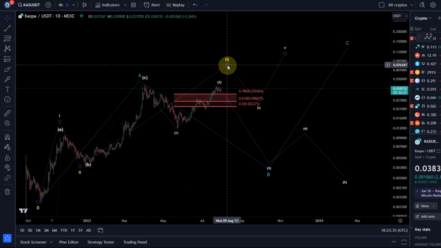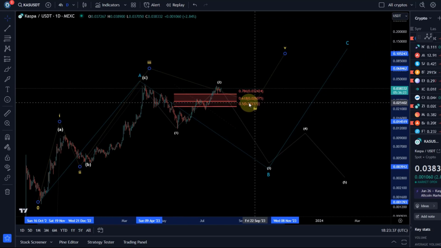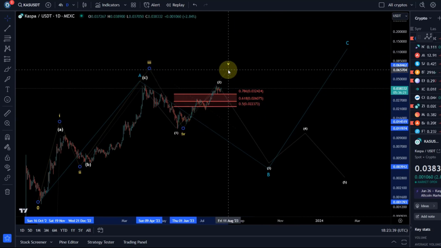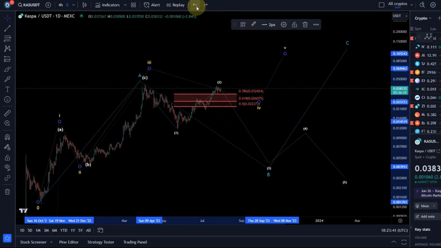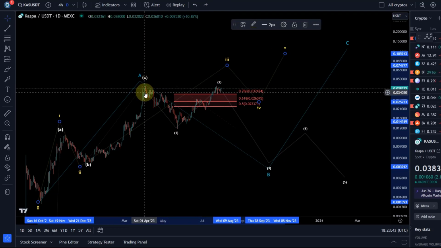Nevertheless, either way, if this is the count, or the one I just showed you, it really still won't give you a clear edge until you get a 5-wave move to the upside, because only if you get the 5 waves up, which are clear, and you get the first decent retracement on this chart, only then you have the first really interesting trade setup. At the moment, to be honest, reward to risk is pretty poor,